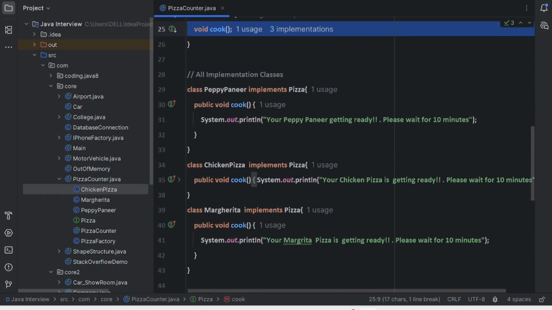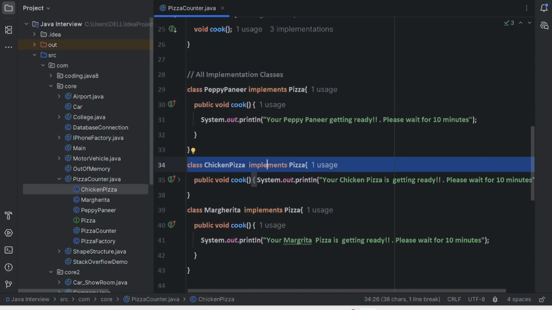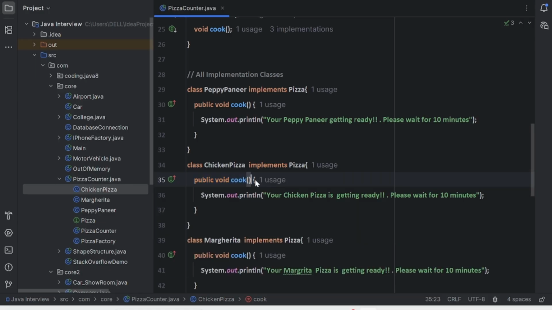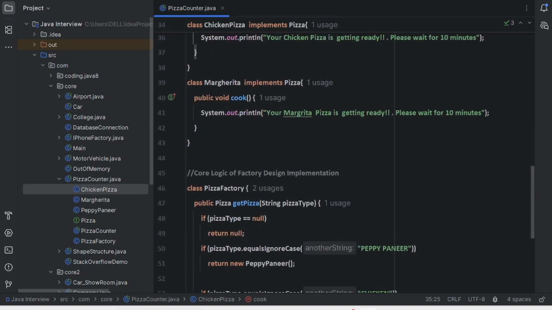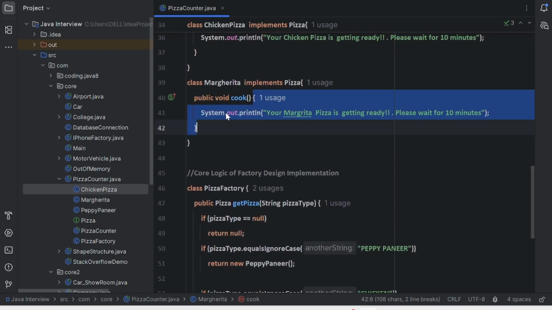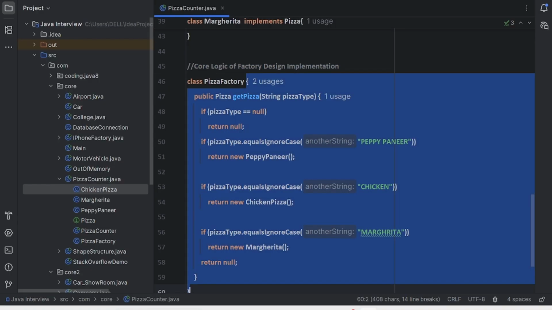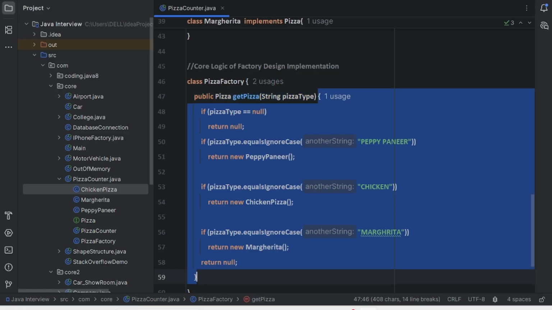And in the same way chicken pizza will implement the Pizza interface and it will override this cook method and provide the logic for the chicken pizza guys. And in the same way margherita also will implement this cook method, and it will provide the margherita pizza. And now this is the main logic guys, the core logic of the factory design implementation. In the factory we will take one class and it will take one factory method.